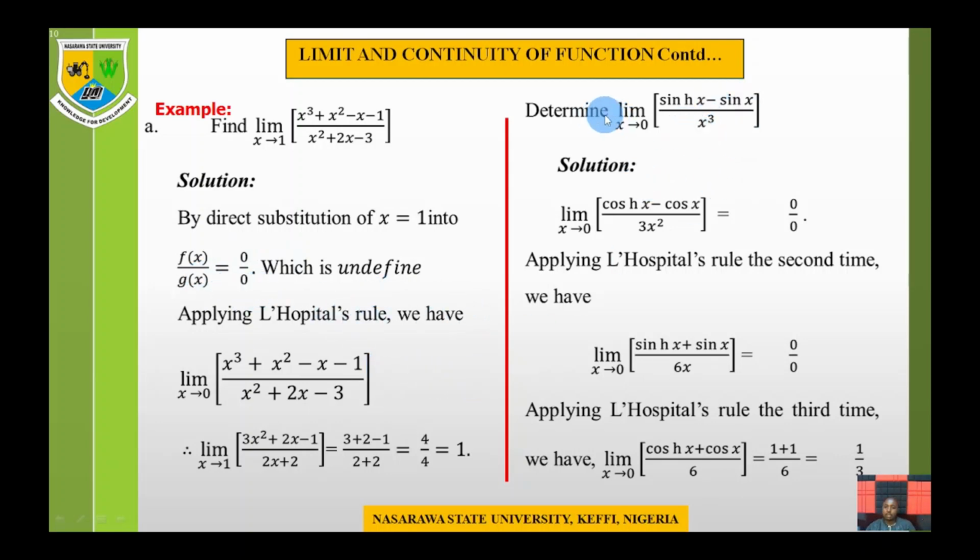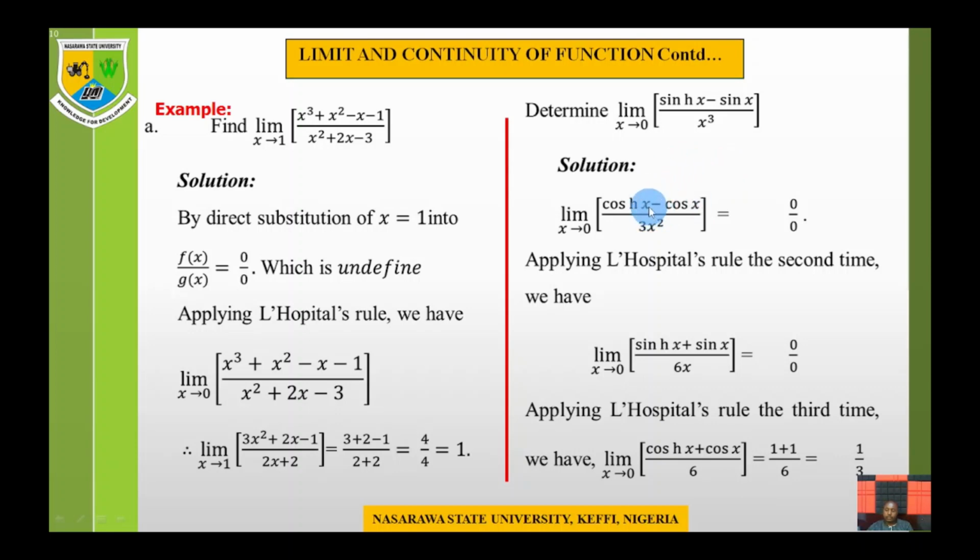Next, we want to determine the limit of x minus sine x divided by x raised to the power of 3 as x approaches 0. Similarly, if you substitute directly into the function given, you will notice that you are going to have 0 all over 0. So that means we have to differentiate